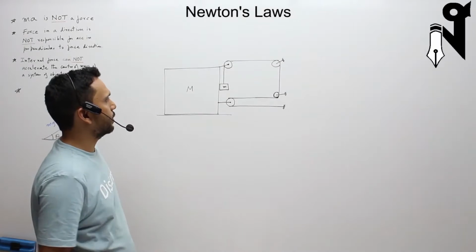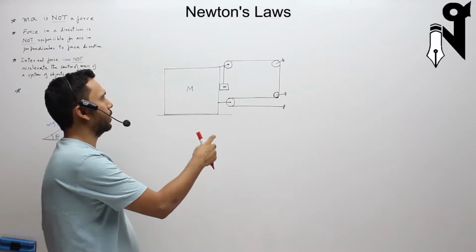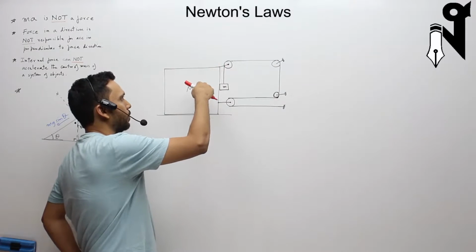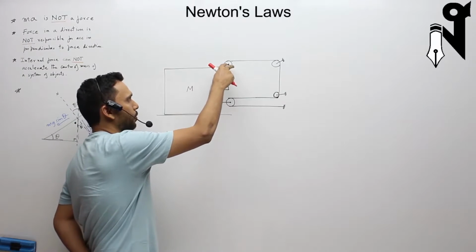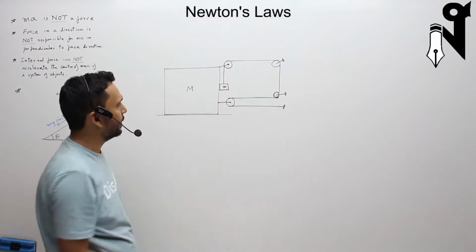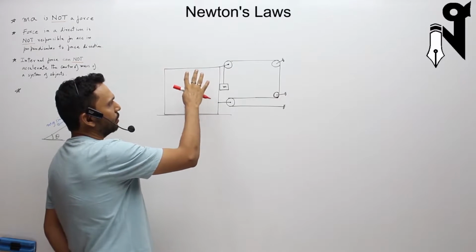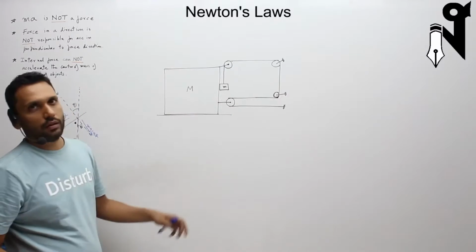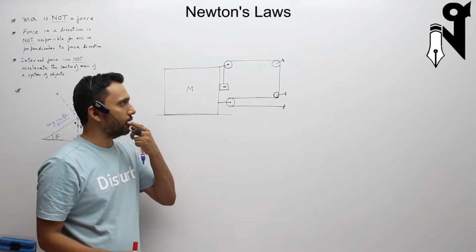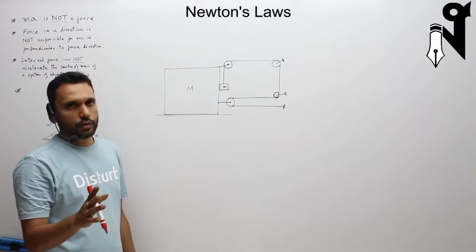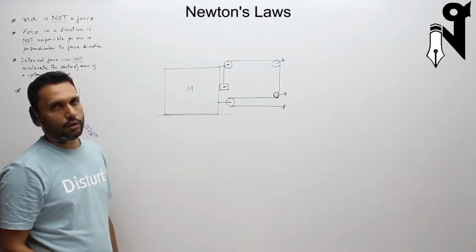So let's analyze the next question. What's the unique thing over here? There's a pulley which is fixed on the mass, so that becomes a movable pulley and is moving with the mass m. So we are best drawing the free body diagram first initially. I'll give you some 5 minutes to do this question.